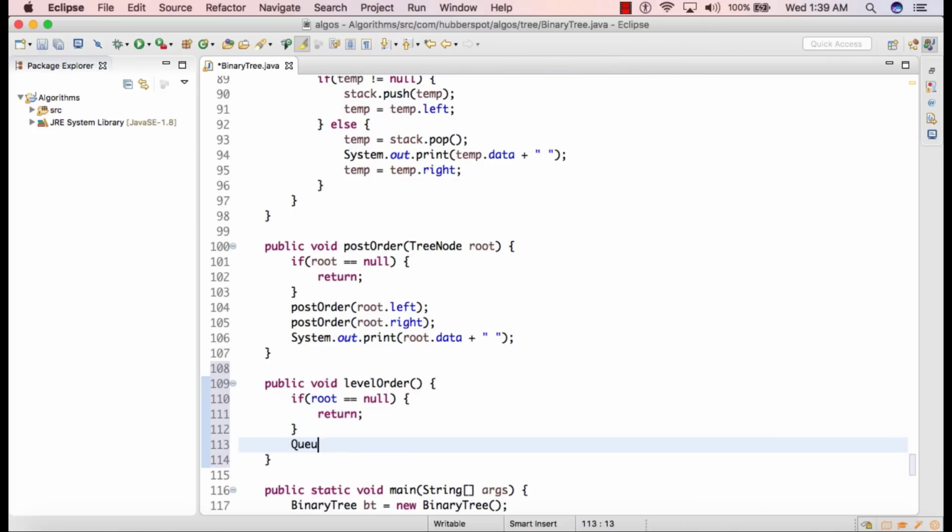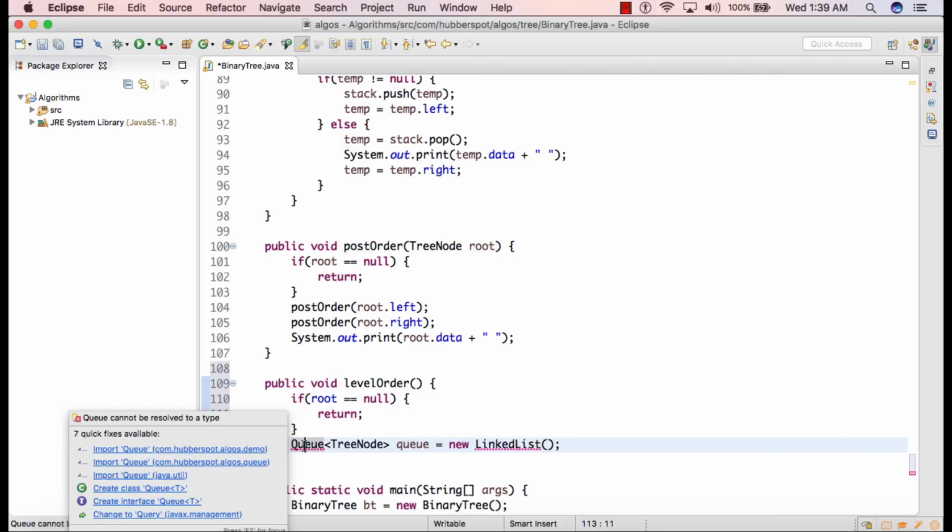And then we'll initialize a queue which will hold the tree nodes for us. Here we are using the Java implementation of the queue, so we'll import it from the java.util package.